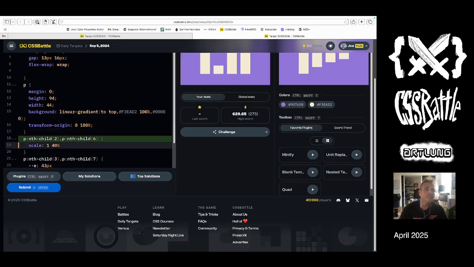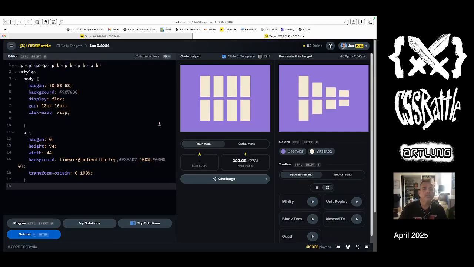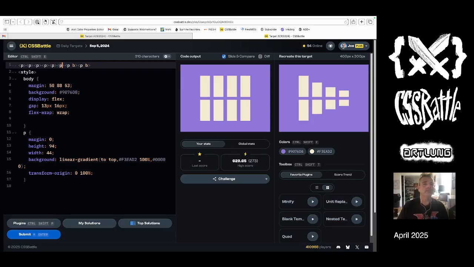Yeah, this nth child stuff is just not going to be a good idea. Okay. So again, the idea is to control each one individually. Then I need an individual identifier on each one. B, C, D, E, F, G, H. Okay, so for B,